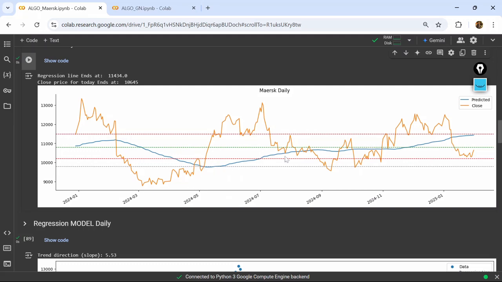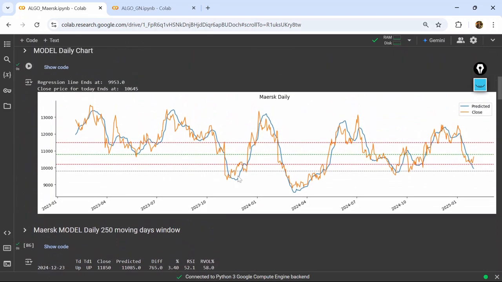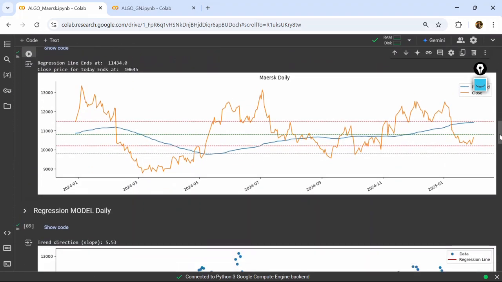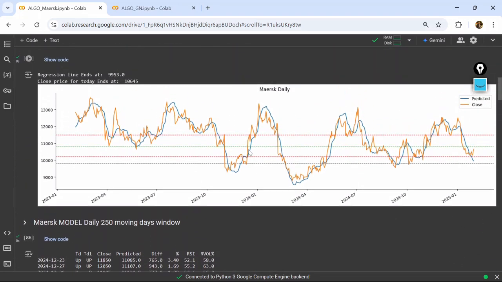So this is yearly data, but if we go to 25 days, for example, here you can see we have a small cluster of uptrend. From almost 9,500 to 10,500, about 1,000, but it's an uptrend. You can see prices moving above the regression line. So it helps the data analysis when we compare 1 year of data and 25 days. On the 1 year chart, you can see in the month of May we started an uptrend, a bullish trend. And on 25 days, you can see it also started in May. It started an uptrend here, very bullish.